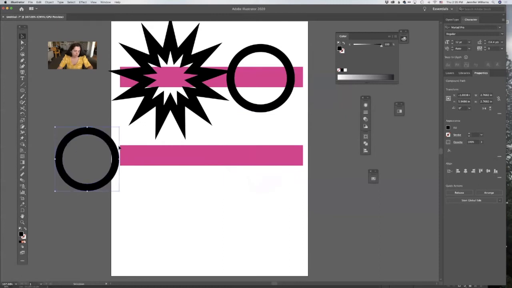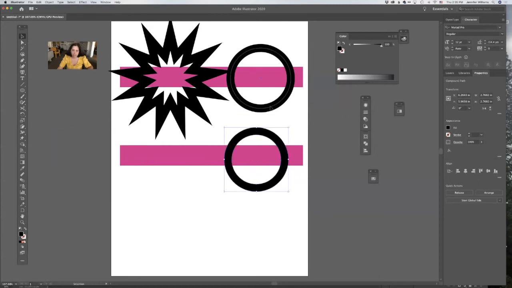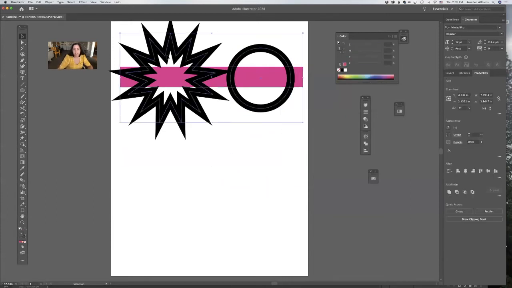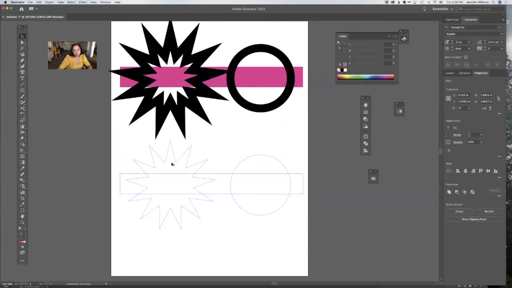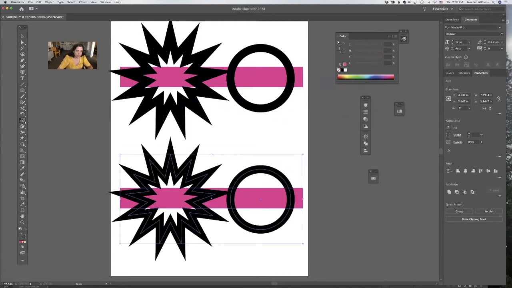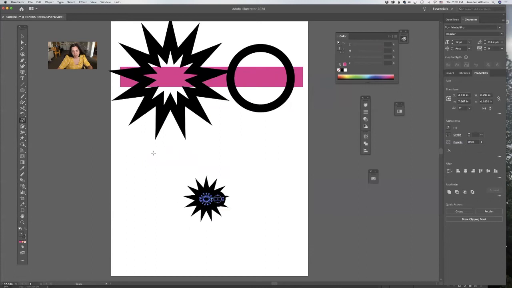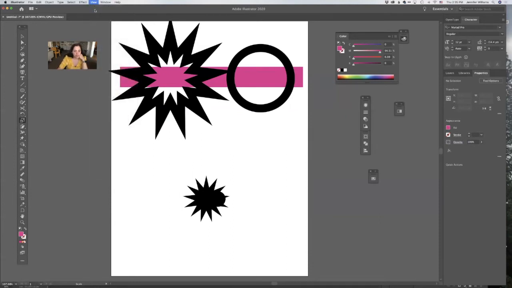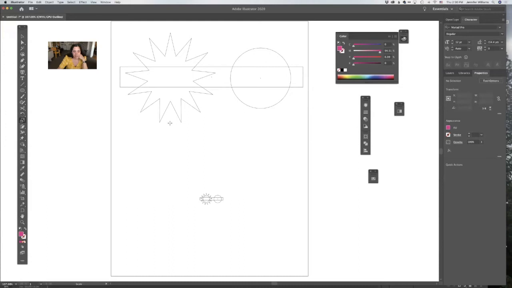And the reason you would want to convert these lines into shapes is because if I were to take this entire design, and let's say it's a logo, for example, this is a logo I've created, and now I need to scale it down to fit on something. Those stroke widths that I have designated here stay the same size. So if we view this in outlines, you can see same exact shape, it hasn't changed,